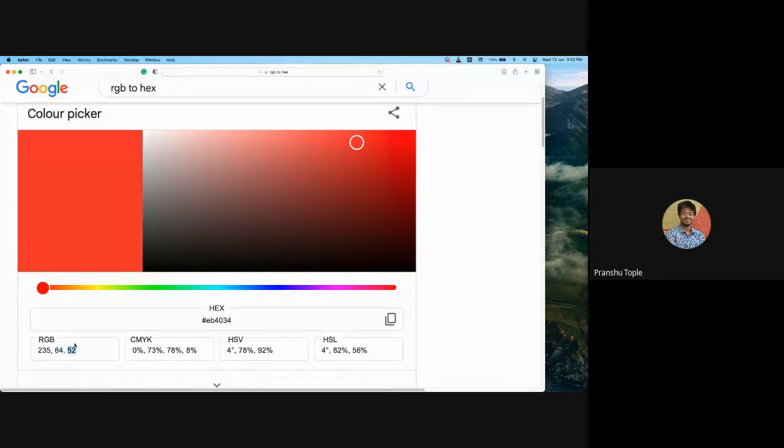Now let's find the wood color. I will search where I can find a good wood color. Okay, so this is good. I think I want this as my wood color. What is this? It is 189, 129 and 25, and this is out of 255. So these colors range from 0 to 255 for each of them.